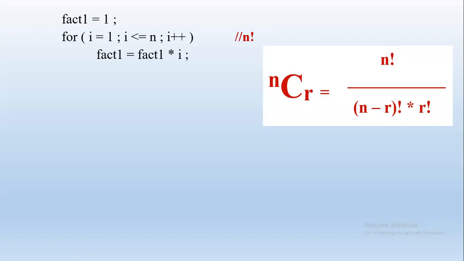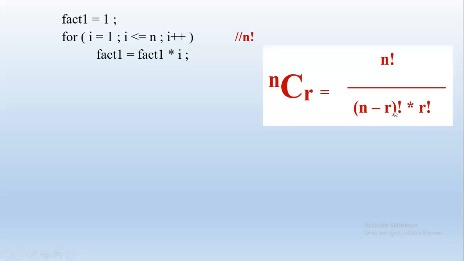First, we are finding n factorial. Factorial, we know, is basic multiplication, so we are initializing to 1 and going up to n. The logic is similar to the problem we just discussed. Instead of res, we have fact1. So fact1 is equal to fact1 into i. It keeps multiplying, and n is 5. So at the end of this loop, we will get fact1 equal to 120. That is 5 factorial. We got the numerator.